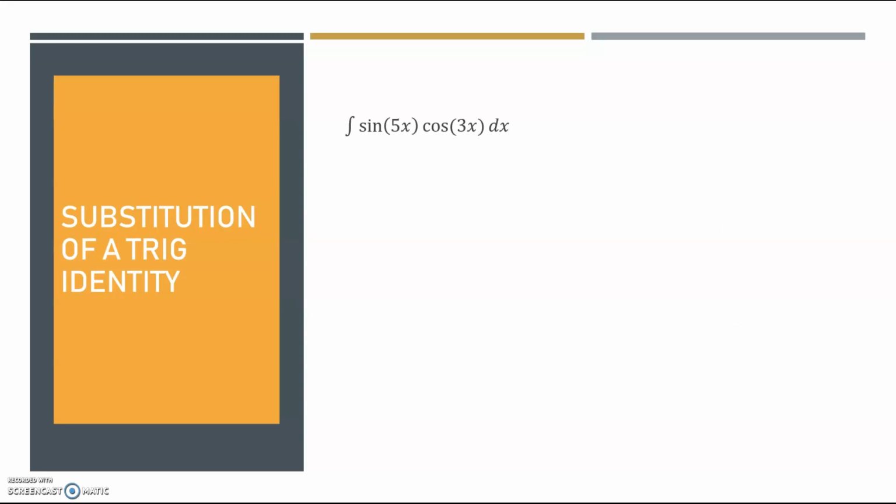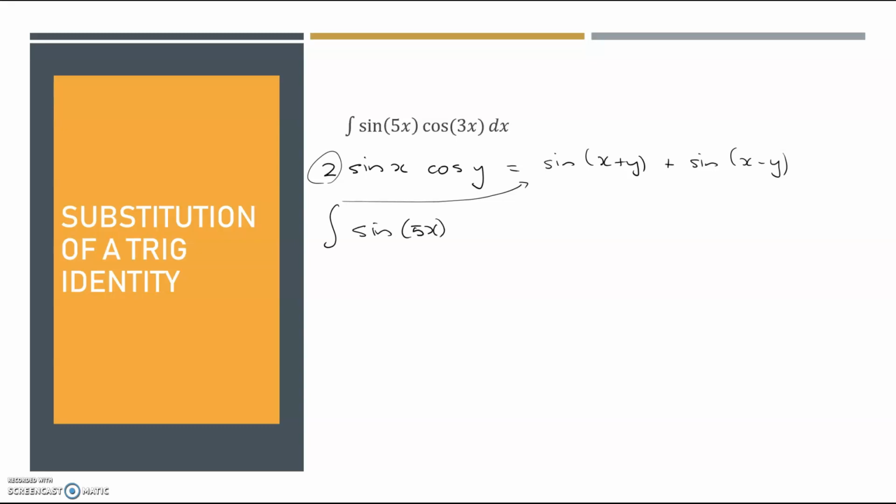So using the first formula there, I'll rewrite it for you. So we've got 2 sine x cos y equals sine (x plus y) plus sine (x minus y). Now all we have to do is fill in the gaps. We do need to rearrange it to put that onto the other side as a half, but that's easily done. So we're looking at the integral of sine 5x cos 3x,